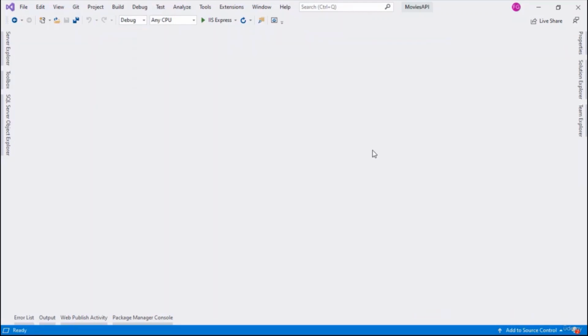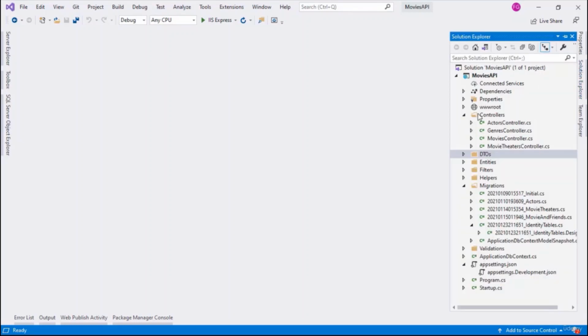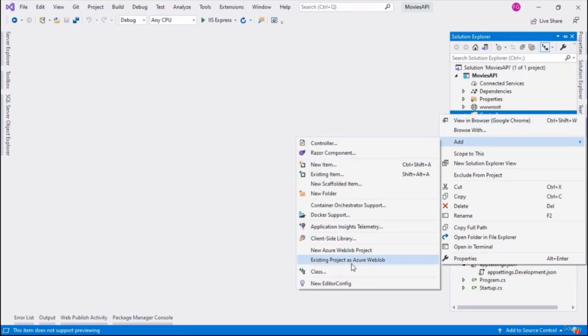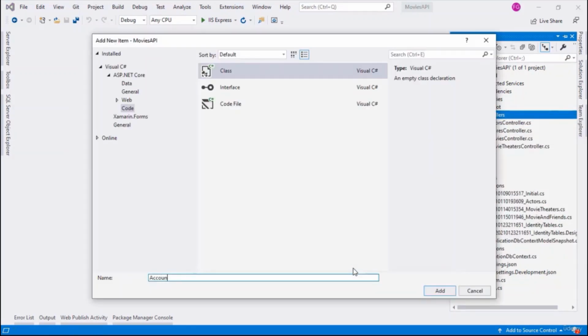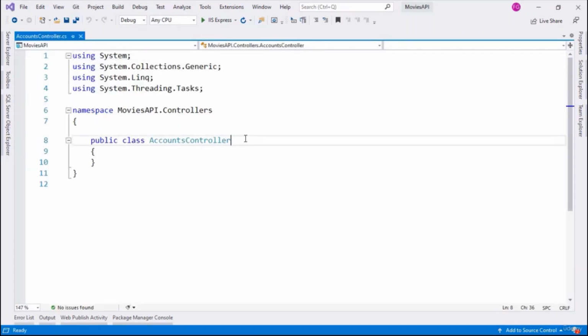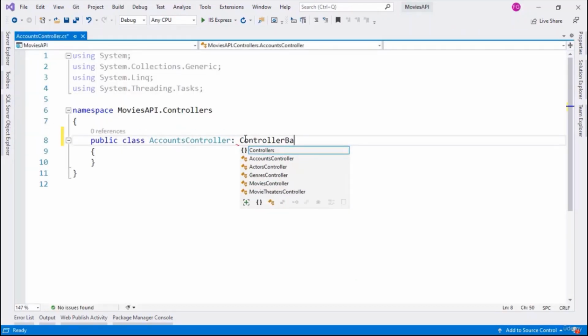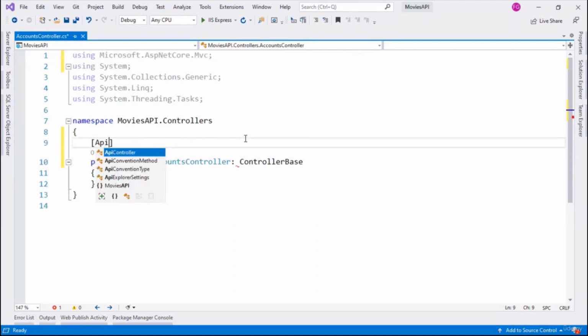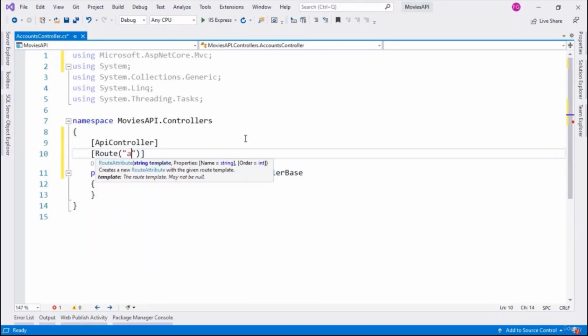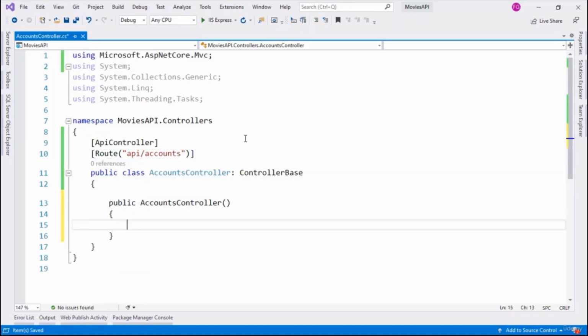In this video, we are going to build a controller that will allow our users to register and authenticate in our application. Also, through that controller, we will build the JSON Web Token that the front end will use to authenticate the user. So let's go to the Solution Explorer, and I will create a new controller here. I'll say class, and I'll say accounts controller, and I will inherit from controller base, Ctrl+dot to bring this namespace, and then I will say API controller and route api/accounts, and I will use dependency injection to